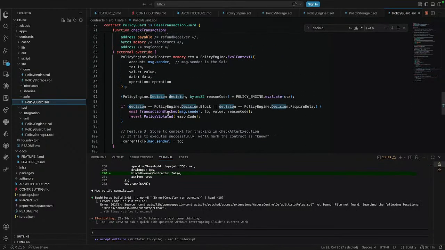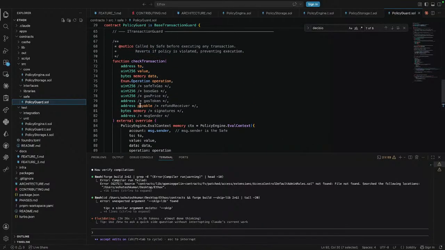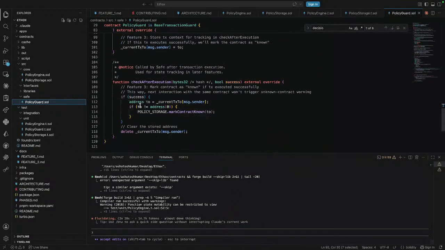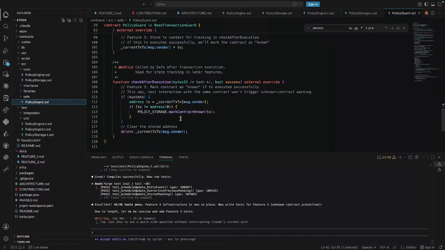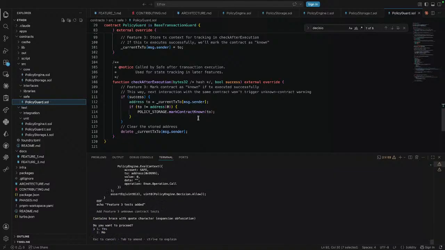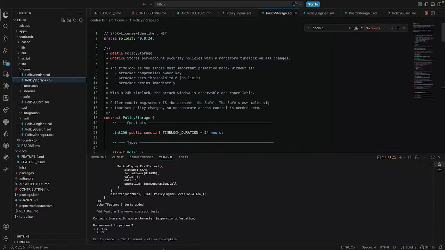The same thing, that is check the transaction and check after transaction. Mark contract no. Okay, we are